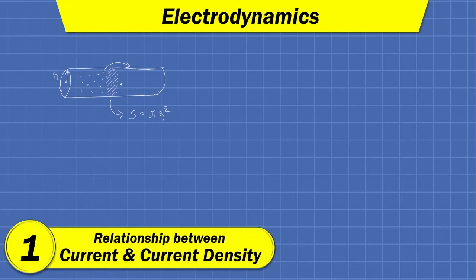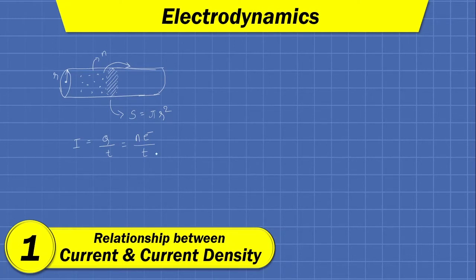So if I want to determine how much current is flowing in this conductor, then what can I do? Simply, current is equal to charge per time. So we can write, say we have n number of electrons that have passed through this imaginary cross section area, then we can write n times the electron charge, which is 1.6 into 10 raised to minus 19 coulomb, divided by the time taken for such electrons to move from left hand side to right hand side. Fine.